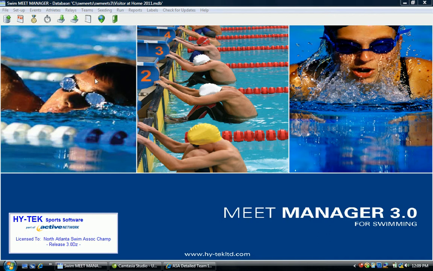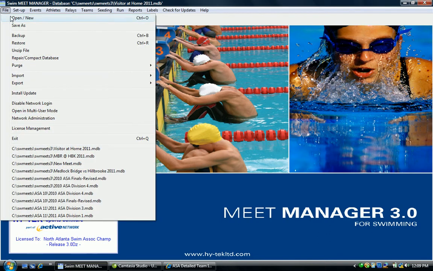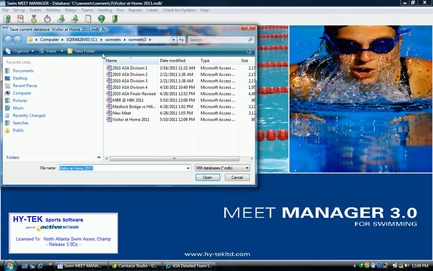In order to copy that existing blank swim meet, you could go to File and select the Save As feature. Once you do that, it gives you this nice Save Current Database As file dialog box. It allows you to go in and just rename the database as it is. So instead of visitor at home, let's say your next meet was